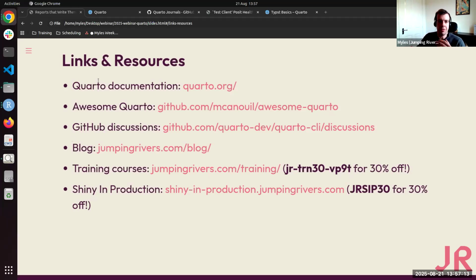Quarto by default will take care of, in the same way that LaTeX, for example, will automatically take care of the numbering of figures and that sort of thing. Quarto does this by default. So whether you're producing a PDF output or an HTML report or a Word report, things like the section numbering and the figure captions will all be updated automatically, so you don't have to specify that this is figure 1.2, 1.3. Quarto does that automatically by default.